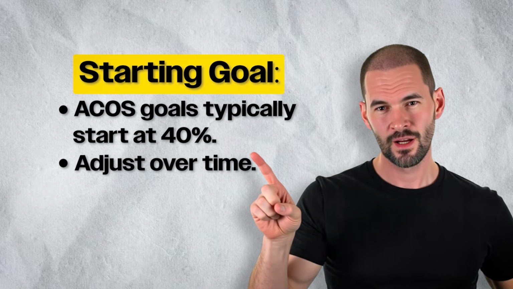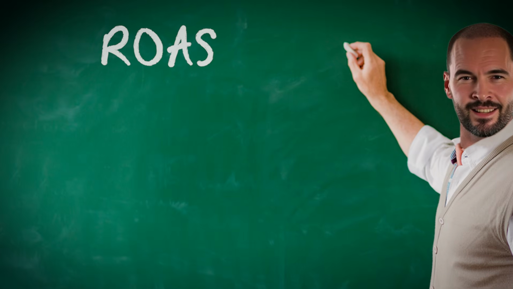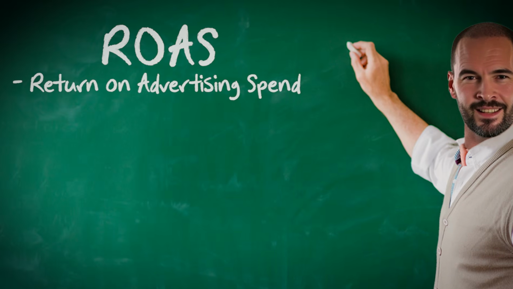You can say to Rochelle, right now, let's stick with a 40% ACOS. And then after a couple of weeks, we start to hit that and you say, hey, I want to pull that back to 35 or 30. We can always do that. So nothing is set in stone, but to start up and set up the campaigns, it's really good to have an ACOS goal. If you're familiar with ROAS, it's another metric that is similar.